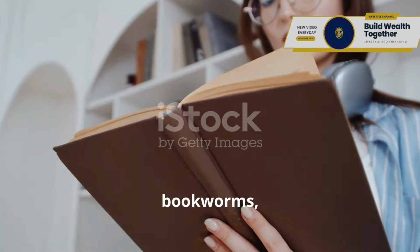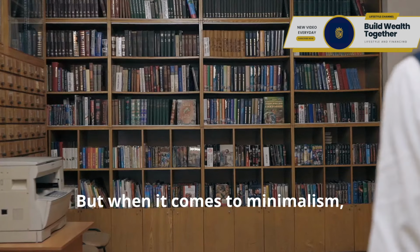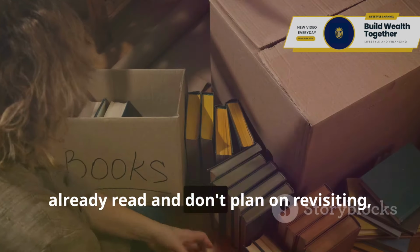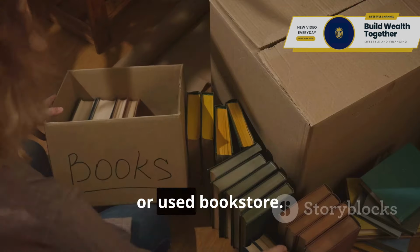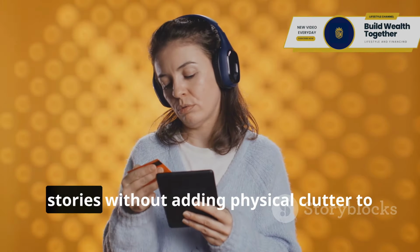All right, bookworms, this one's for you. As an avid reader myself, I understand the allure of a well-stocked bookshelf. But when it comes to minimalism, it's important to be honest with ourselves about our reading habits. If you're holding on to books you've already read and don't plan on revisiting, consider donating them to a local library or used bookstore. Additionally, embracing digital books or audiobooks can be a great way to enjoy your favorite stories